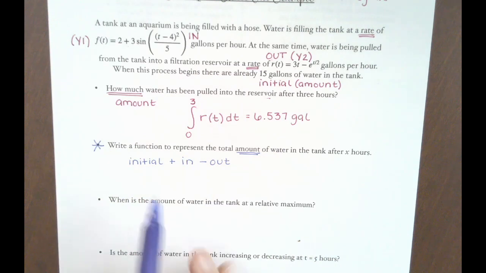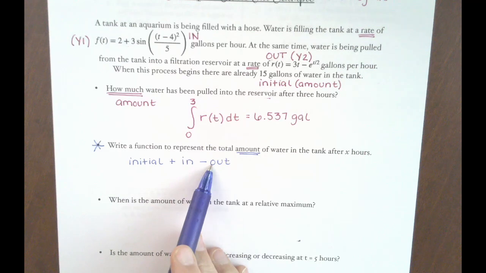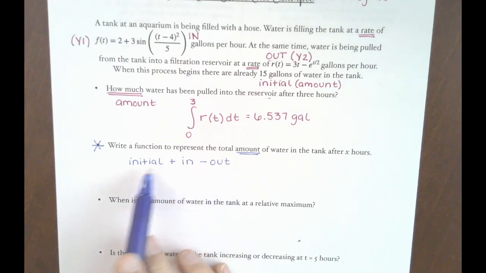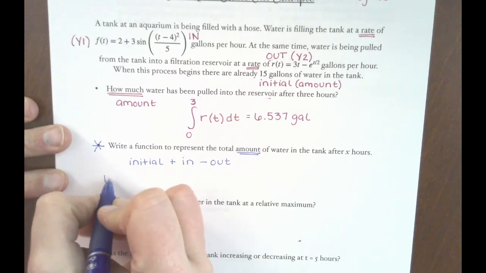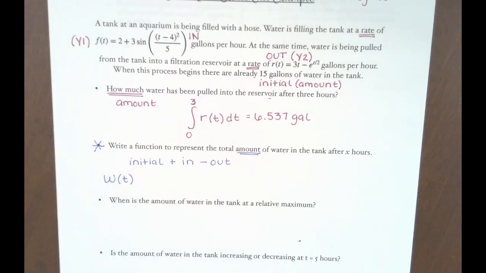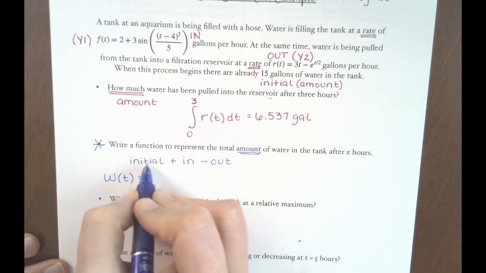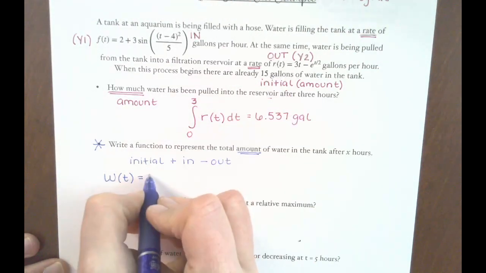Okay, so how much water was there to begin with, how much water did I add, and how much water did I take away? I'm going to give this its own name so that when I talk about it later, I can refer to it. I'm using W of t for water. This is the total amount of water in the tank at any given time. Okay, so W of t equals my initial amount was 15 gallons